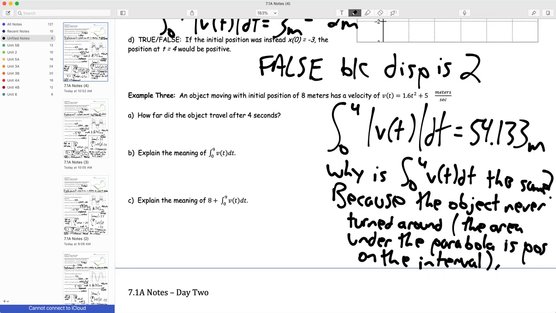Okay, so the final thing that we're doing here, I've divided the notes into 2 days, so we will pick this back up tomorrow so that you can see your little test here in just a second. Explain the meaning of the integral from 0 to 9 of v of t dt. So I've come up with a little acronym for you. What was our previous acronym? Have we forgotten it? No. Okay. You guys got it. This is the NUT